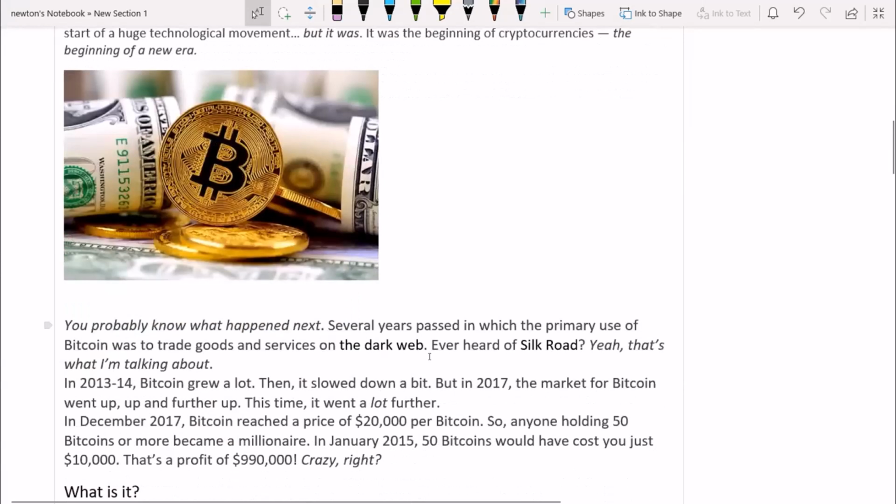And Bitcoin gradually became prominent. From 2013 to 2014, a lot of people saw the use case, the usefulness of Bitcoin, and they bought into the idea. And each time people accept and appreciate this coin, the value tends to rise. So it goes on like that. 2013, 2014, Bitcoin began to grow gradually.